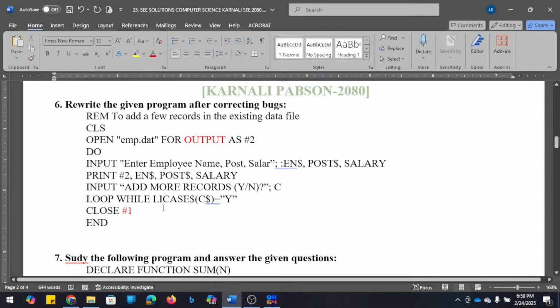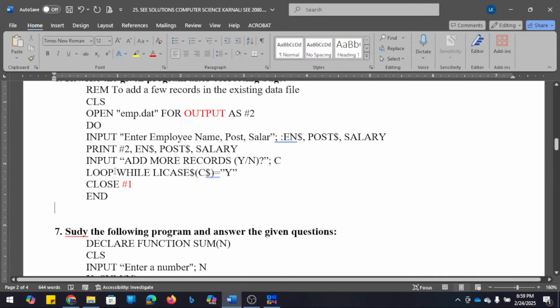Now next is here while. Name, post, salary, employee name, post, salary. Name, post, salary print. So here is the next mistake. To input, print channel number 2. Okay, fine, input also can be done then.